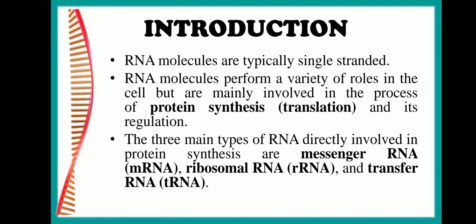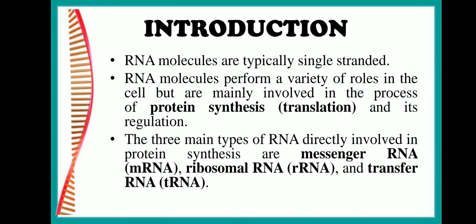Now, if we see, there are actually three types of cellular RNA, that is mRNA, which is messenger RNA, and then we have tRNA, which is a transfer RNA, and then we have rRNA, which is ribosomal RNA. Now, messenger RNA helps in transferring information from the DNA gene to the site of protein synthesis. That's why it's called as messenger RNA.